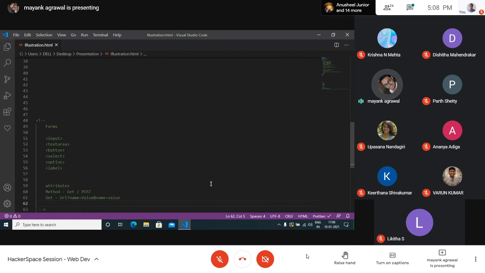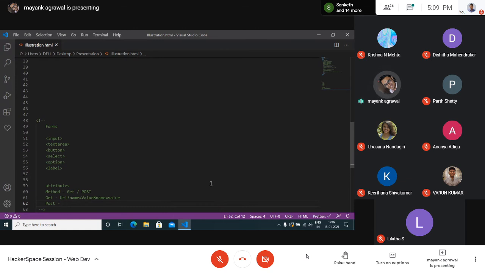The post value does what it does: it sends form data as an HTTP post request. So whatever data the user has entered, all the data is sent somewhere. It's not appended in the URL. The benefit of it is encryption, first of all, because if you're sending some data from your system to some other system, you're basically trying to encrypt it first, then you are sending it, right?